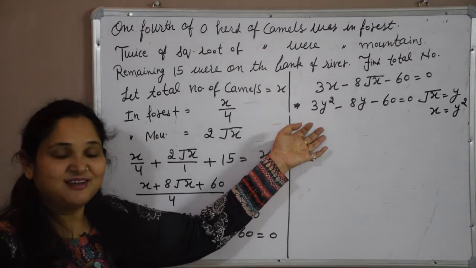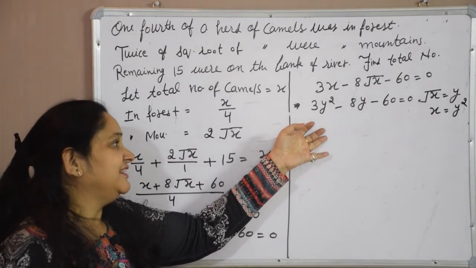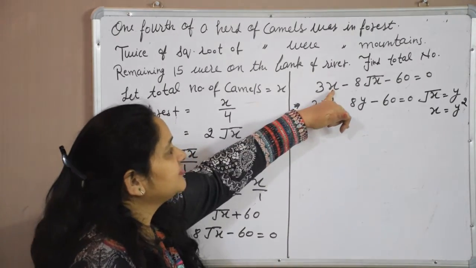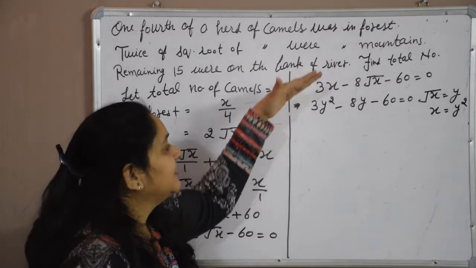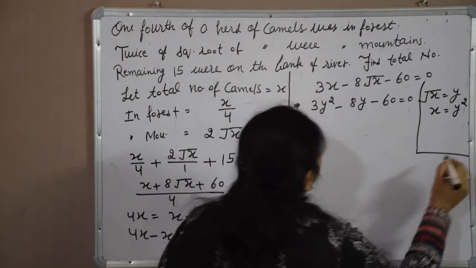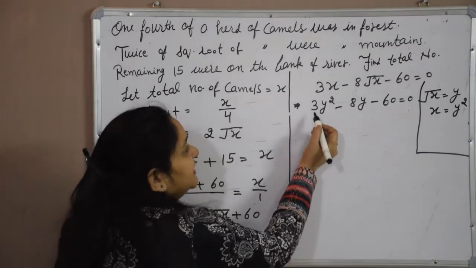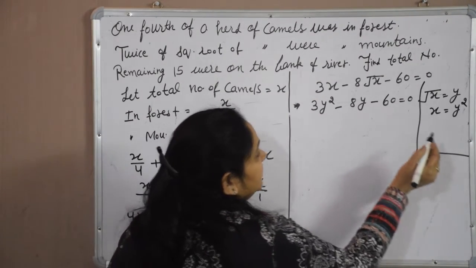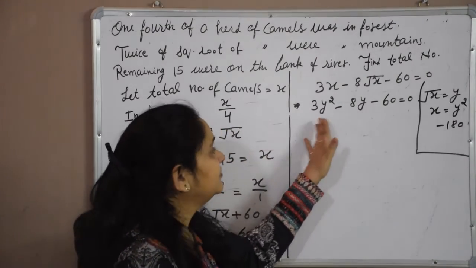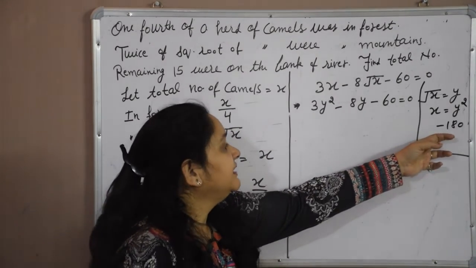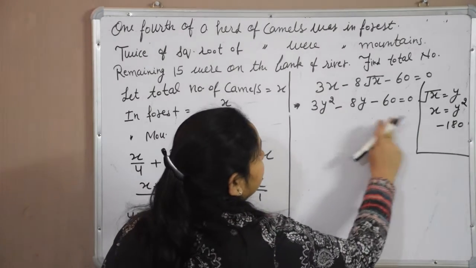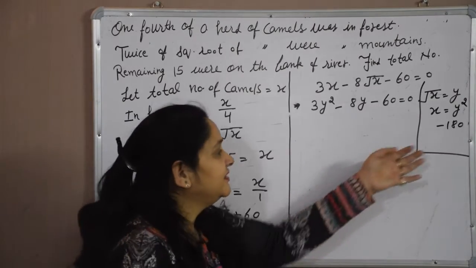Is it a quadratic equation now? Yes, definitely. Now it is looking like a quadratic equation. In the previous step it was not looking like one, and we converted it into a quadratic equation. Now we will solve it by the factorization method. Here A is 3, C is minus 60, so the product is minus 180. First we take the product of A and C. It is minus 180, and we have to choose two numbers such that the product is this and the sum is minus 8. It is very simple.